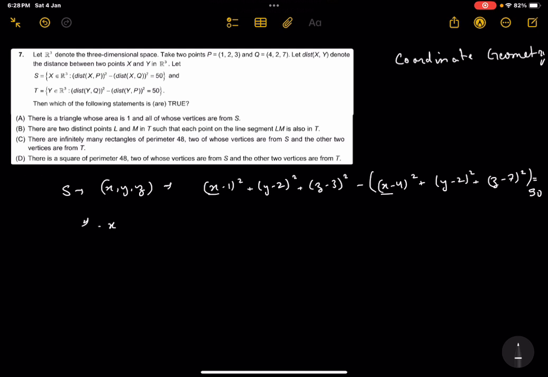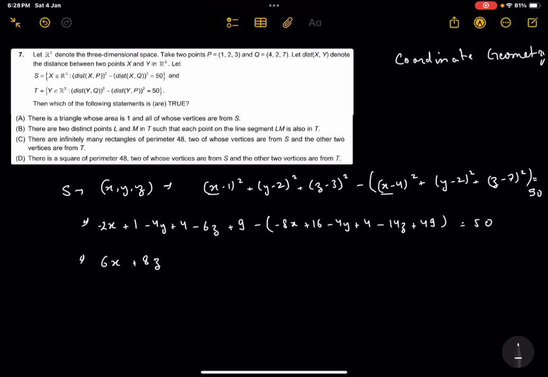We'd be left with minus 2x plus 1, minus 4y plus 4, minus 6z plus 9, minus 8x plus 16, minus 4y plus 4, minus 14z plus 49. So that is minus 2x plus 8x is 6x, minus 4y plus 4y gets cancelled, minus 6z plus 14z is plus 8z,